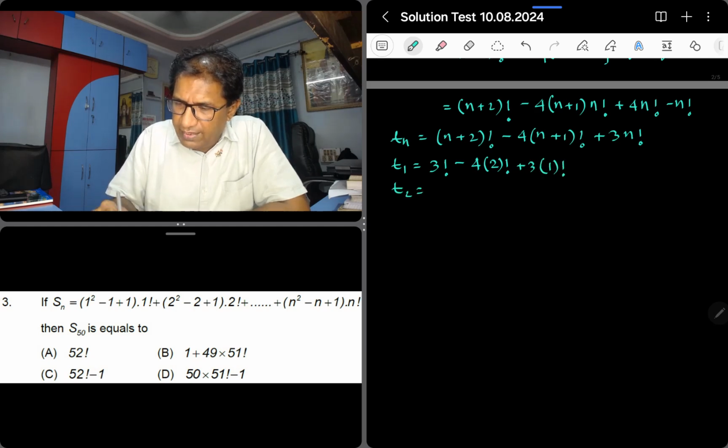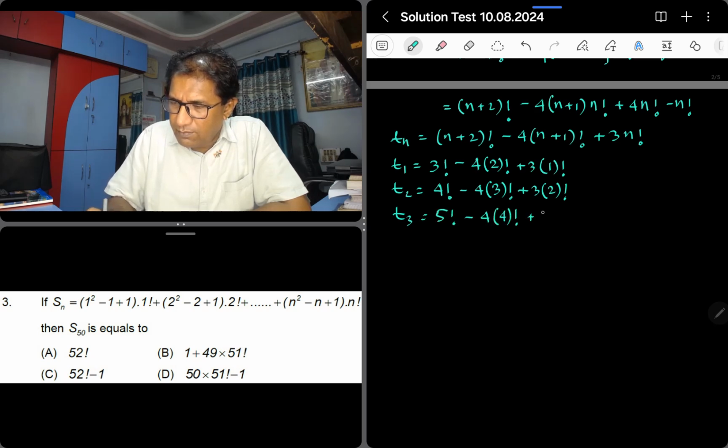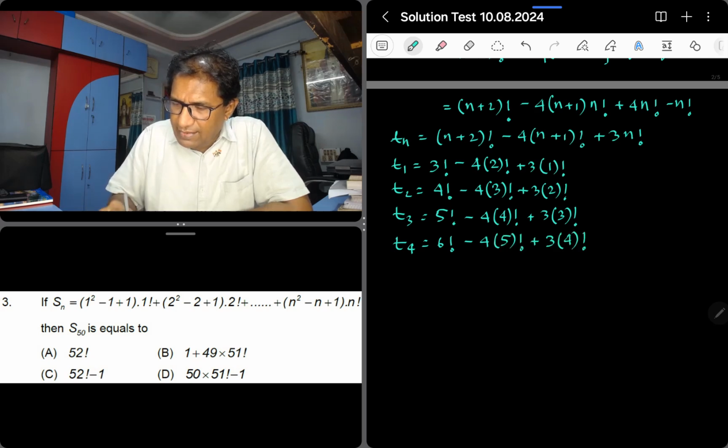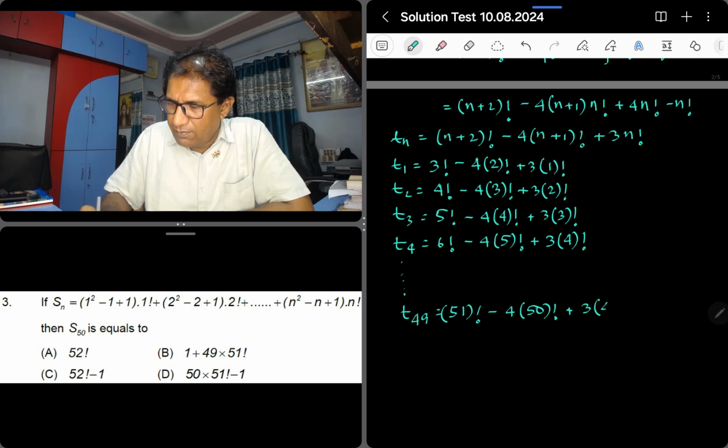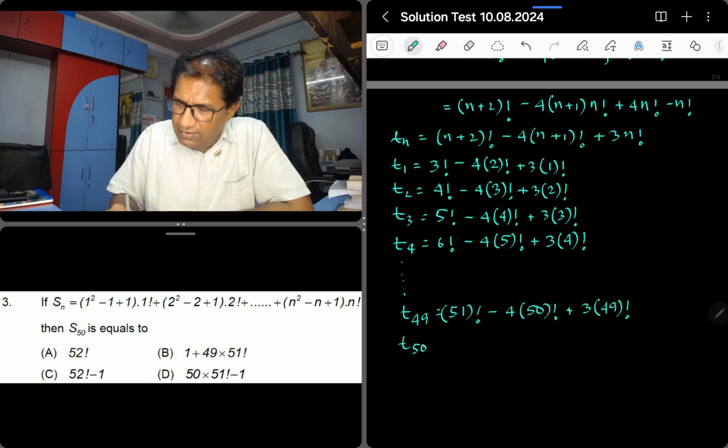So for T2 we are having, for T3 we are having, similarly T4 will give us, and this thing goes on, right? So what is our T49? And T50 will give us